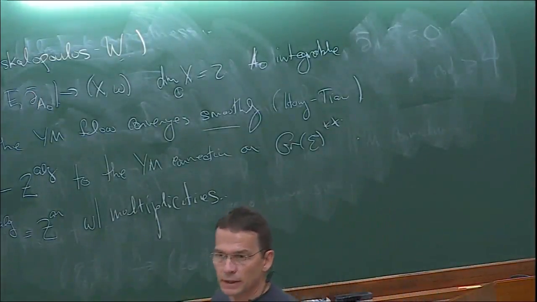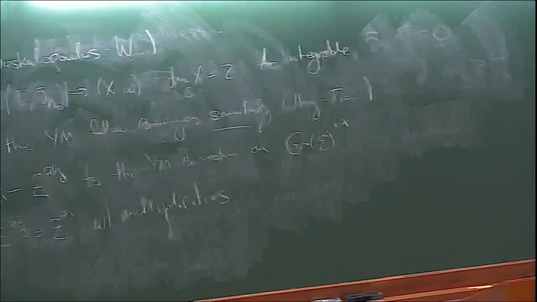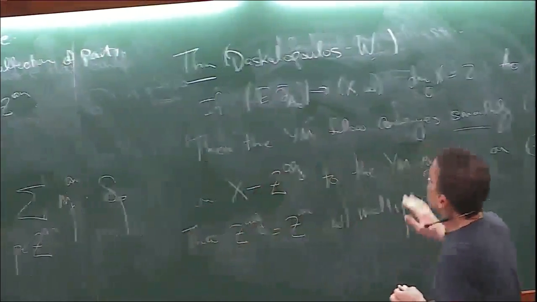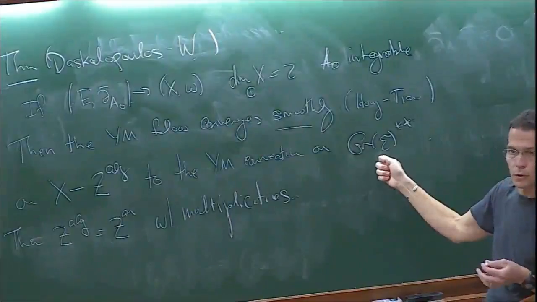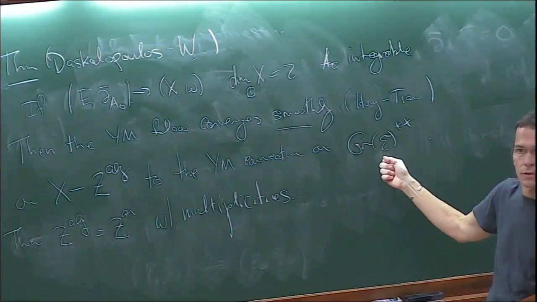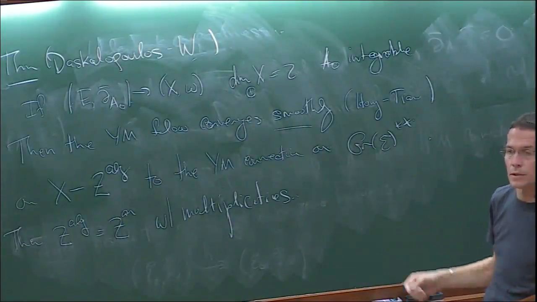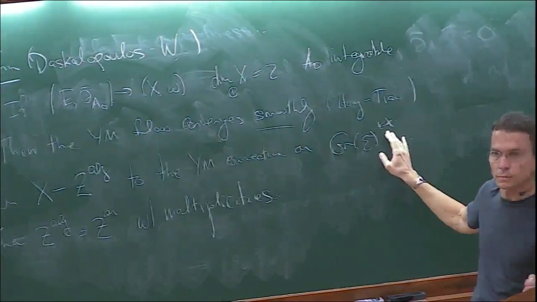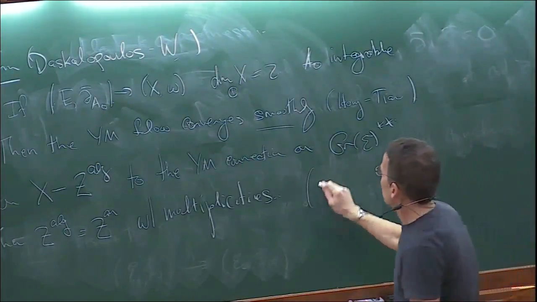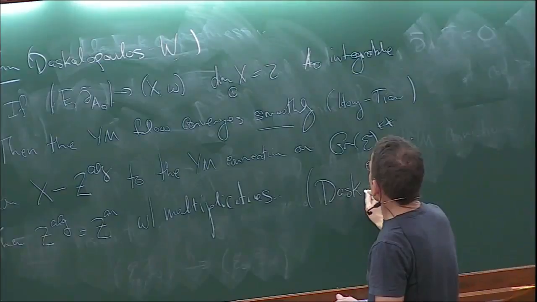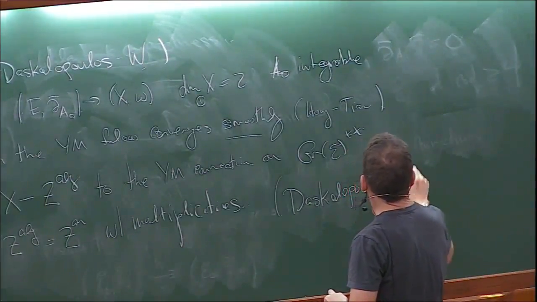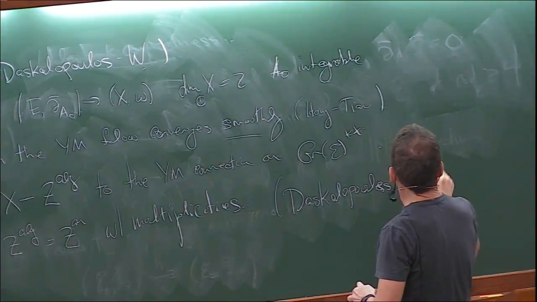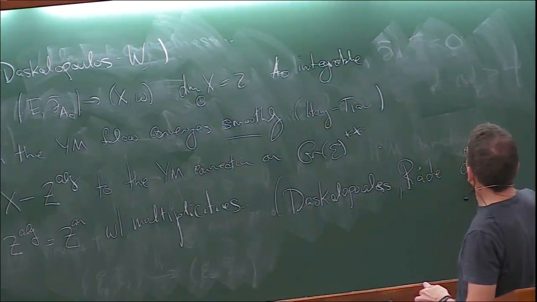It's kind of like the higher dimensional version of that. Exactly. That's right. So Daskalopoulos, in the case of Riemann surfaces, proved this convergence. But there you don't have to worry about any singular set, and you don't have to worry about this double dual. That's right. So Daskalopoulos and Rode had done the case of Riemann surfaces.